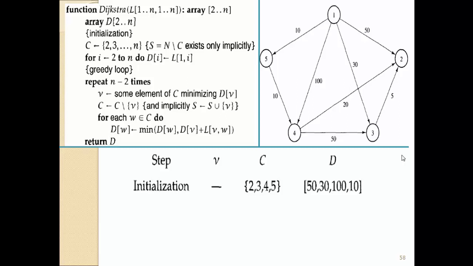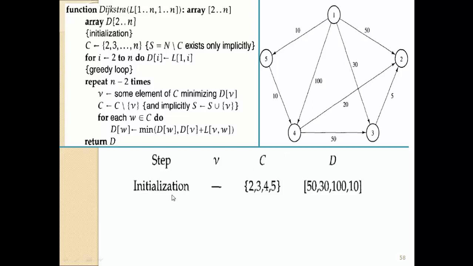Now how can Dijkstra's algorithm find the solution of this problem? As per Dijkstra's algorithm, we have one array, for example C, in which we store different values like 2, 3 up to n. Normally we do not store 1 inside C, because the first node we are considering as the source node. So all the destination nodes like 2, 3, 4 and 5 we store inside C, which is the candidate set. This candidate set has all the destination nodes. So initially, in the first step, we have to store the different destination nodes inside the C array.